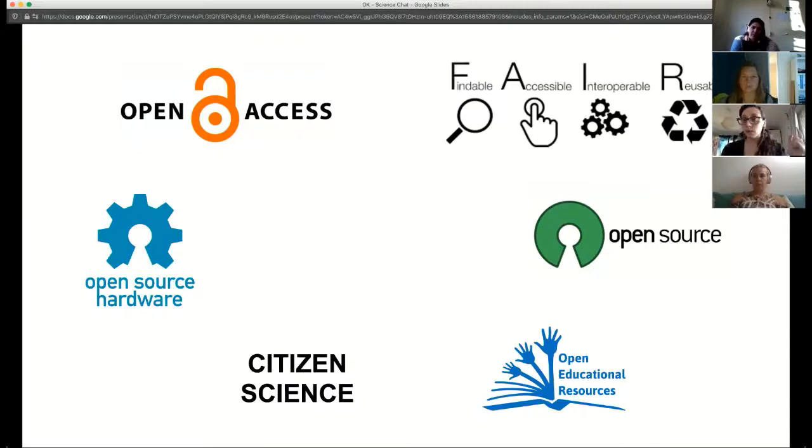Open source: well, software is part of research. So the idea is that if you don't have a license, you can't analyze your data. It's a bit weird. So there are more and more open source software initiatives to have this research tool chain in different ways. Open educational resources: this is something that is quite important because it's weird, again, that you cannot access education if you cannot pay for it. And there are many initiatives trying to fulfill this goal. And finally, citizen science and open source hardware. I put them there on the side, but we will see them later because there is more to say about that.